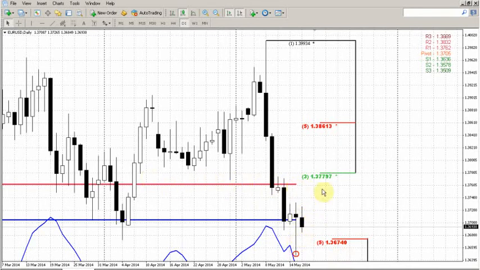The first meaning is the possible target, this area, the upward retracement. The second meaning is the weekly pivot resistance 1 as an indicator of the bearish trend continuation. Okay, those are two major points that we will monitor in the beginning of the next week. Now let's take a look at the hourly chart.